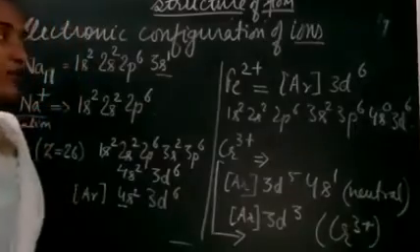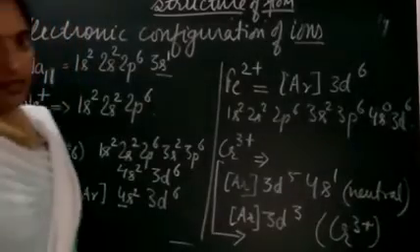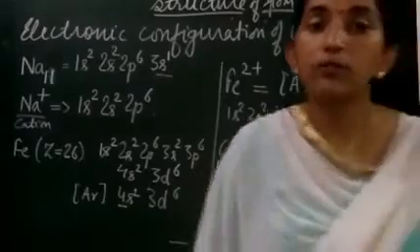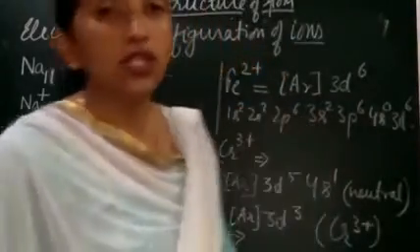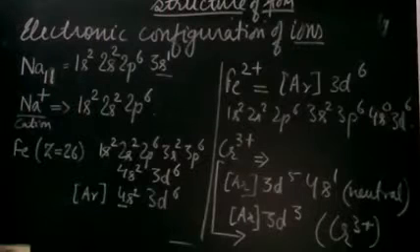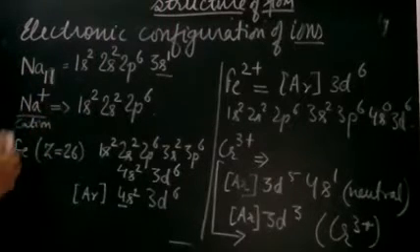So students, you will practice for the positively charged ion, right? Now, you have to keep in mind that whenever electrons are removed, they will always be removed from the outermost shell. Now students, we will do it for the negatively charged ion, right? I hope you have noted down.